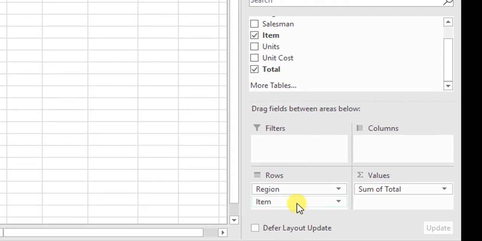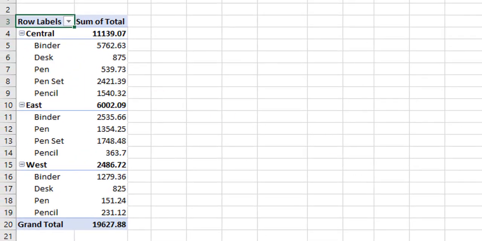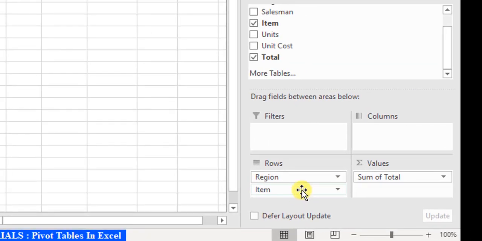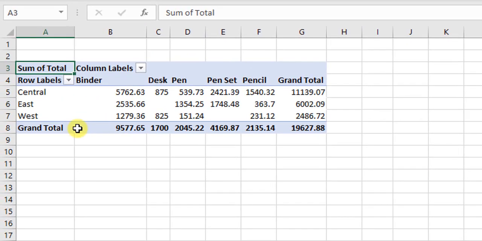So let us reverse it again. If I reverse it again and I put the region at the top, what will happen is, it will take region as the parent, and inside the parent it will have the child. Okay, in case you want the data to be spread horizontally into columns, as we did previously, just put it into the columns area, and the report is modified accordingly.